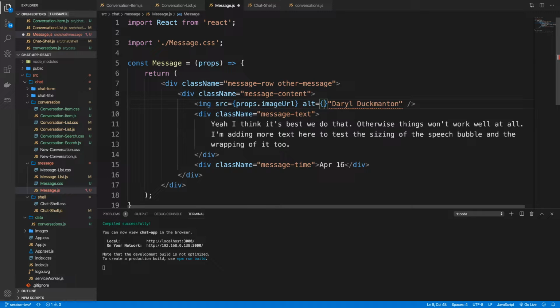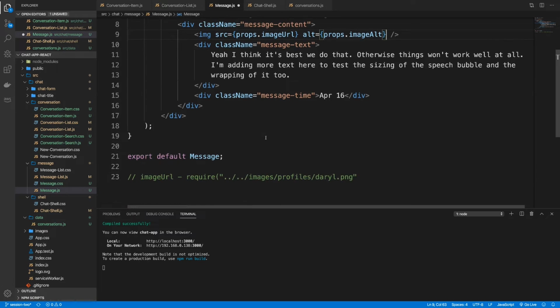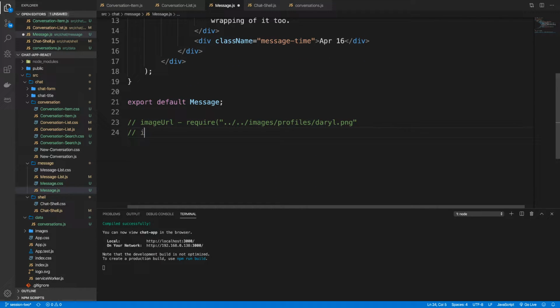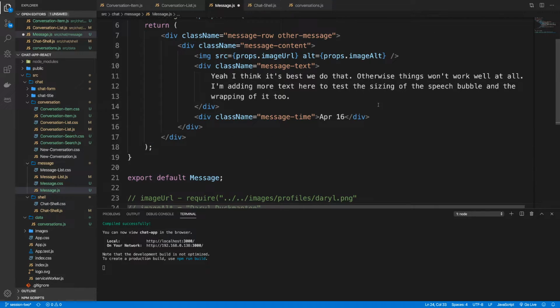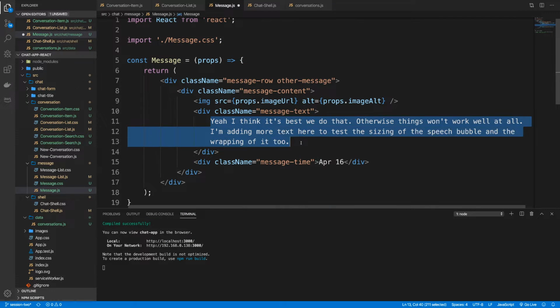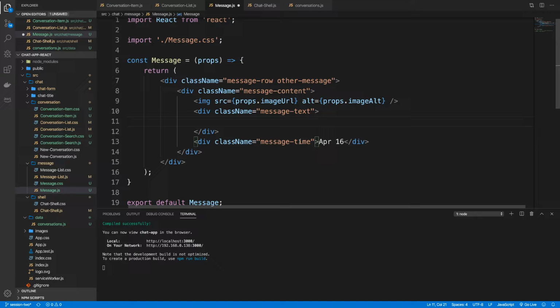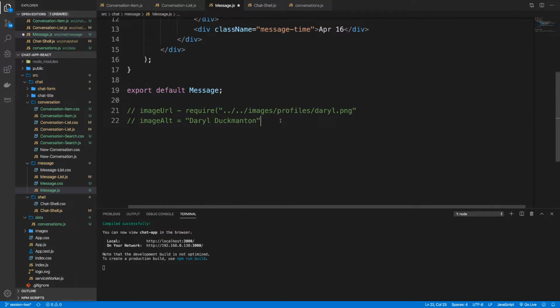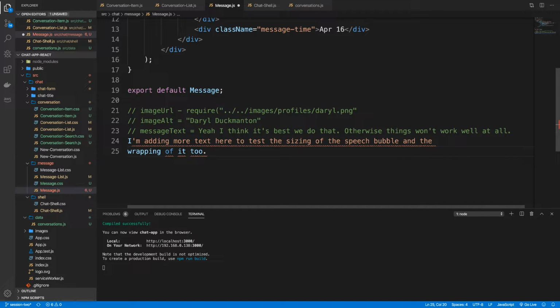We're now going to grab props.image alt, just like we did with the conversation. We're going to have the same deal here for the image alt. Image alt is that. And what else we got? Message text. So we can basically hold on to that. Go props.message text. Message text equals, well,